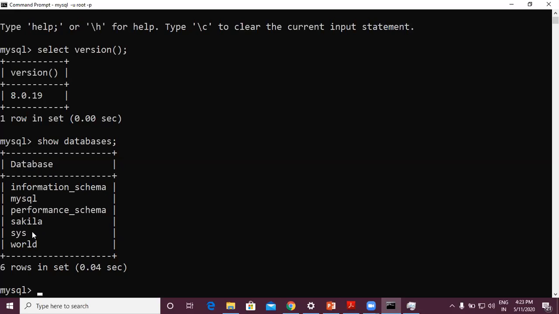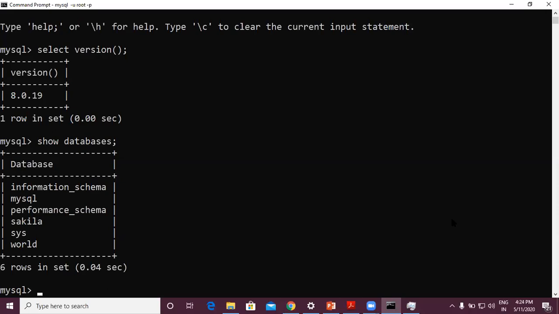So this is way 1, option 1 to connect with MySQL: you can connect to your MySQL server from the command prompt by typing the username and password, and then you can work with MySQL.